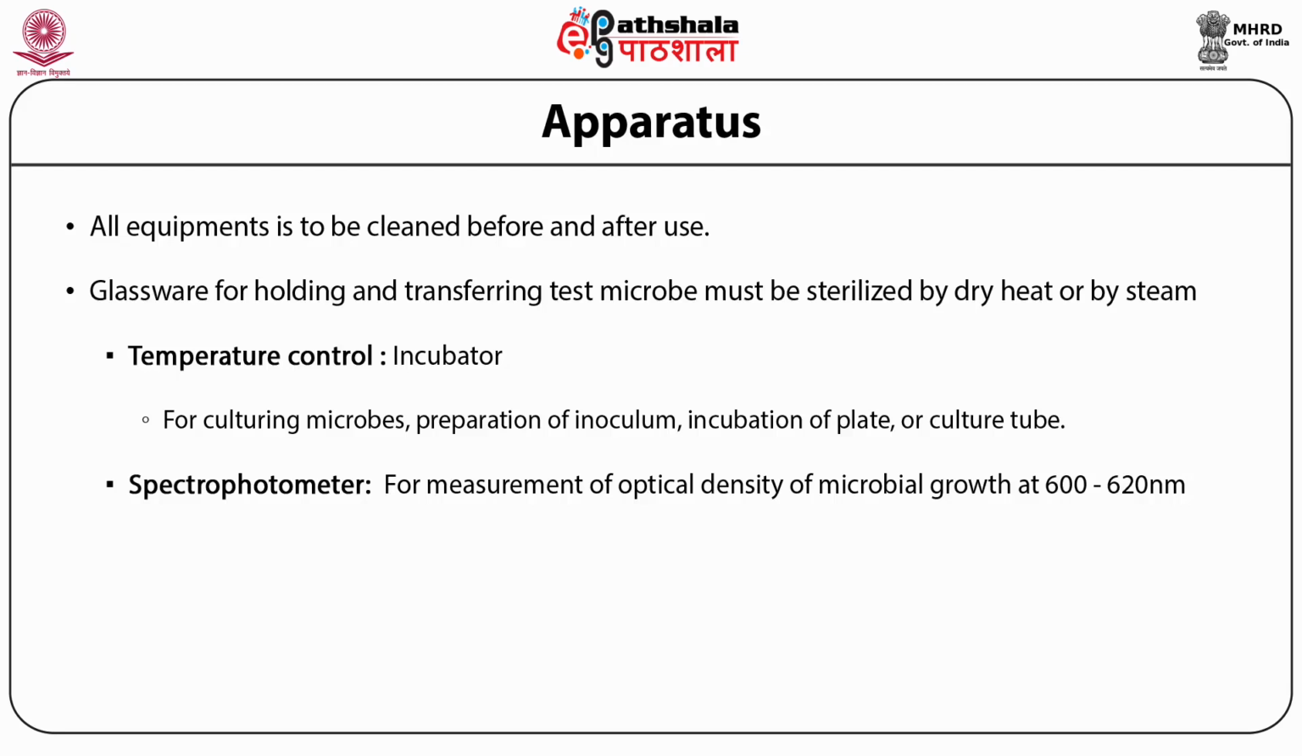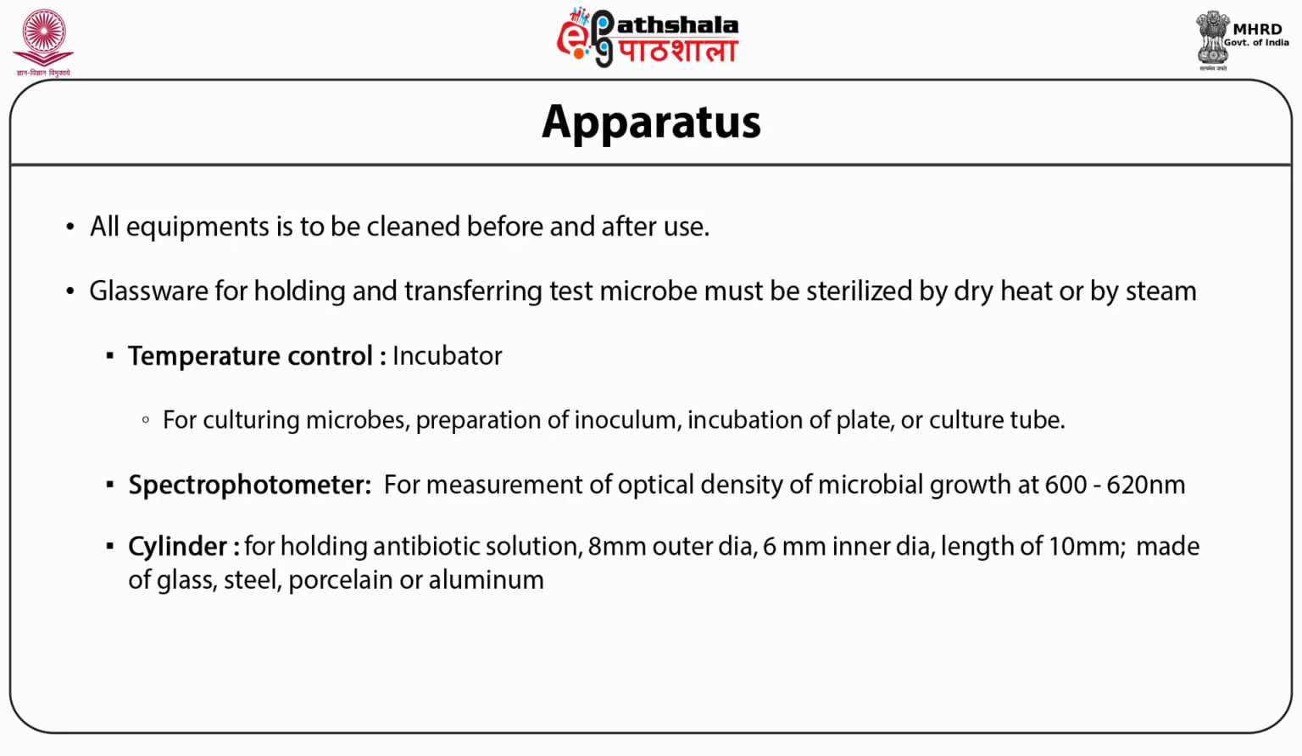Another apparatus is the cylinder, used in method A or the cylinder plate method of antibiotic assay. Cylinders are used for holding antibiotic solutions. Antibiotic solutions may be samples or may be standard. The cylinders have 8 mm outer diameter, 6 mm inner diameter and length of 10 mm. The cylinders are made of glass, steel, porcelain or aluminum, but most commonly glass and steel cylinders are